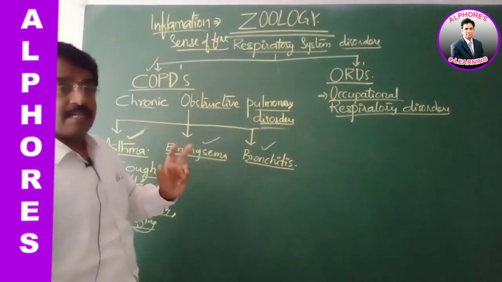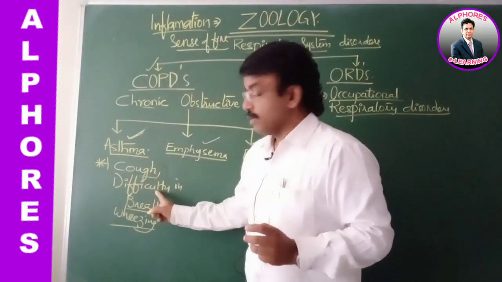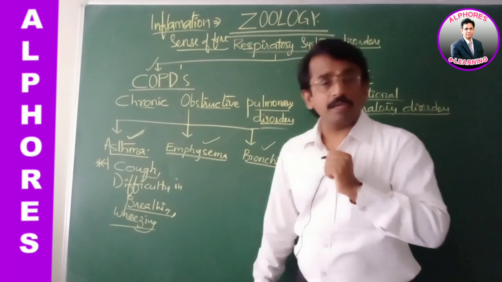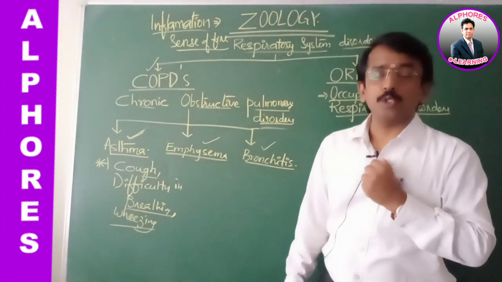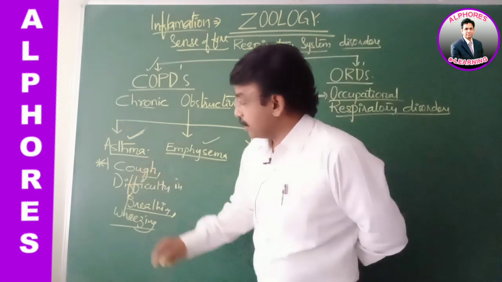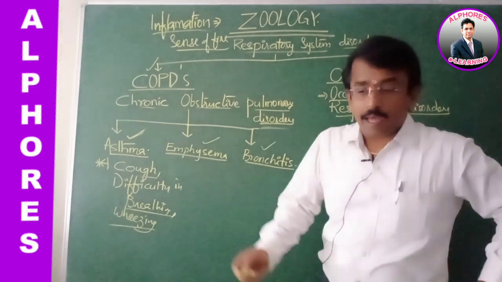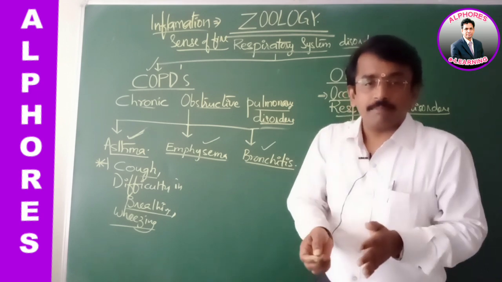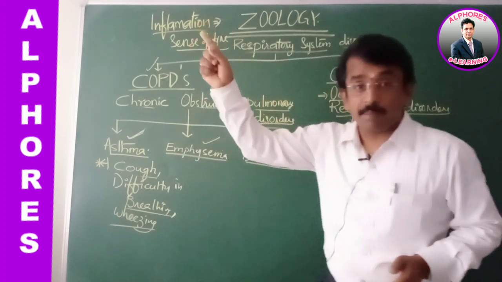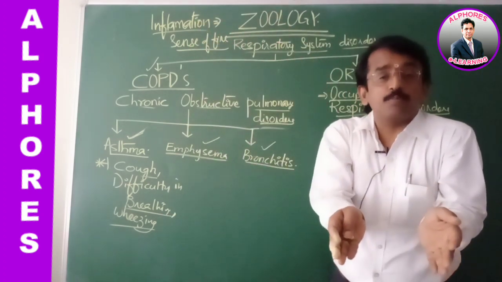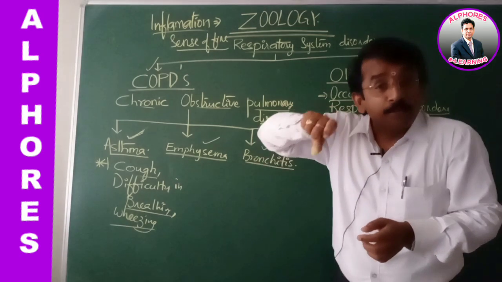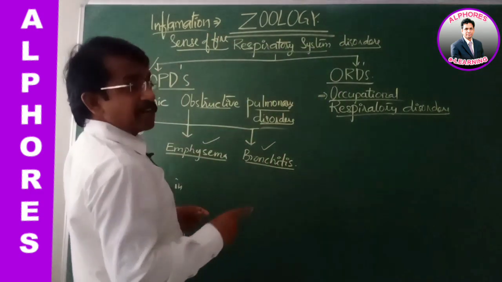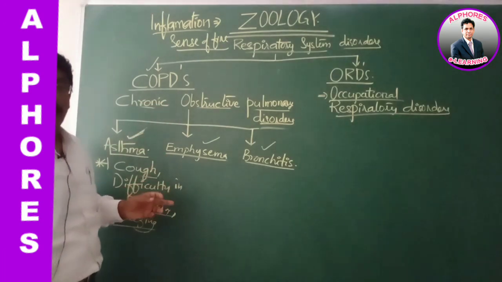And it results in symptoms such as cough, difficulty in breathing, and wheezing. Not only this, due to inflammatory factors and exposure to allergens, asthma is also caused, where histamines accumulate in the bronchi and bronchioles and make them close. So one faces the same problem either by sustained contraction of the smooth muscle or by accumulation of histamine. Accumulation of histamine is an inflammatory mediator. Both result in asthma, and the treatment for it is none other than using